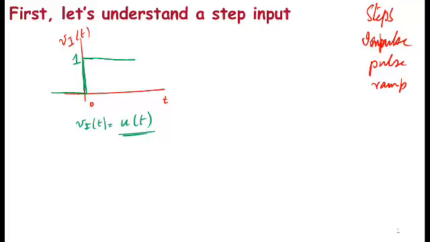Now, on the other hand, if I have a step input that has a slightly greater strength, so let's say vi of t, and in this case my step input